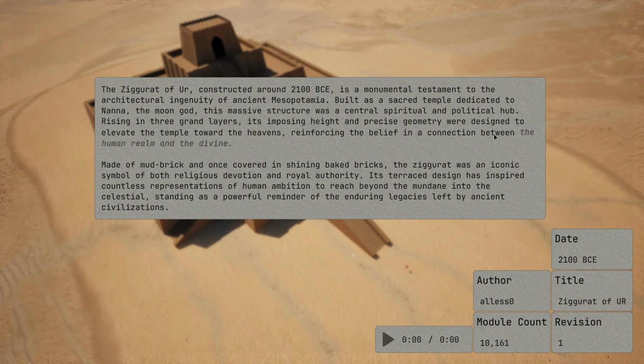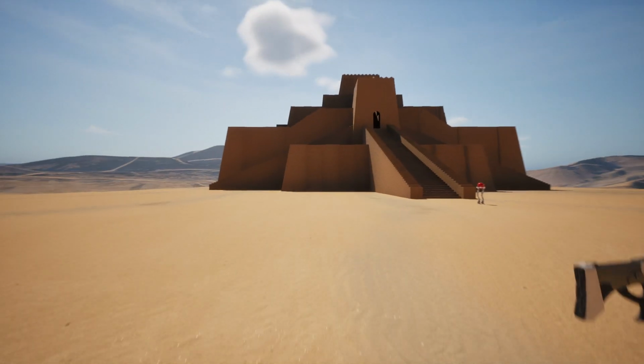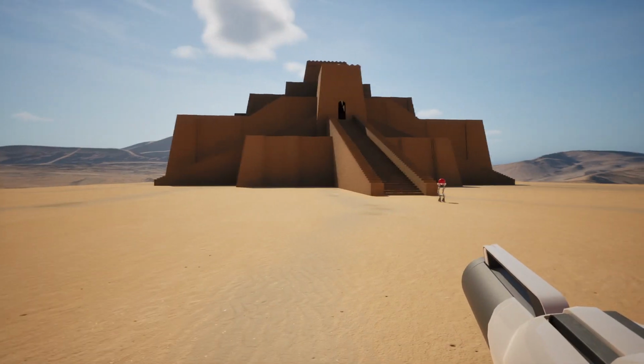It was known to be one of the earliest places dedicated to the connection of humans to the divine, to the immaterial world. So let's explore